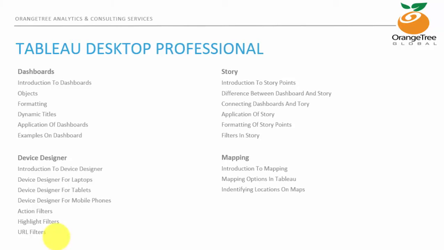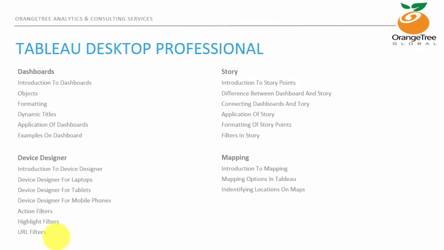project in a story format, you can put in several charts, you can put in several dashboards, and there can be descriptions, labels, annotations, so you can make your entire story very informative for the client. So even if you are not there to explain it, the story in itself will talk about what the entire project was, and it will be very descriptive and very interactive. So under stories you have these topics as mentioned.